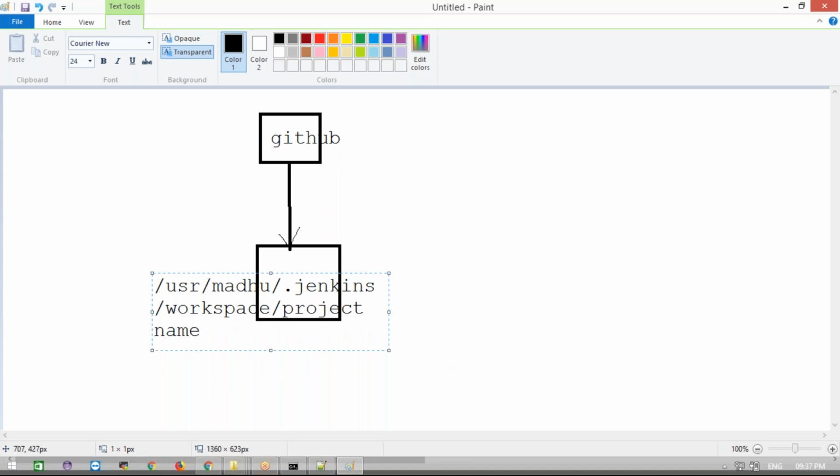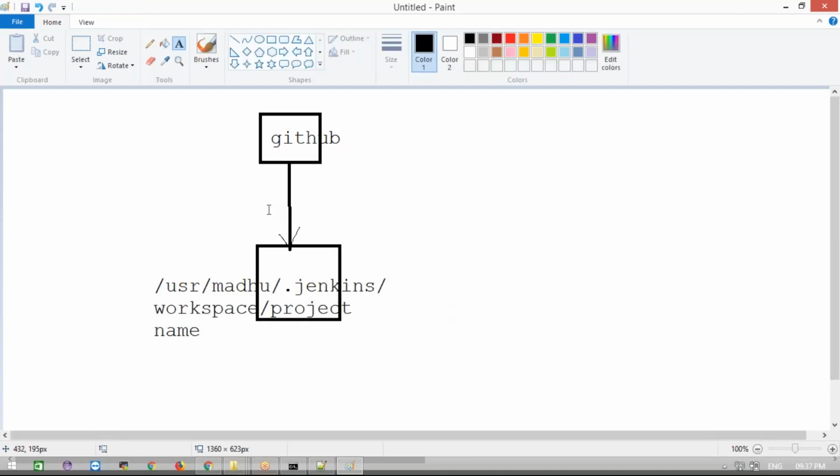What happens is, in a few days it will run a number of jobs, my workspace will be full, and my server is going to hang. My server may not respond properly if the hard disk is full, your drive will be full. Now I don't want to store the data inside my Jenkins home directory. I want to share my data with some other node. The data that comes through Jenkins will be divided and go here.